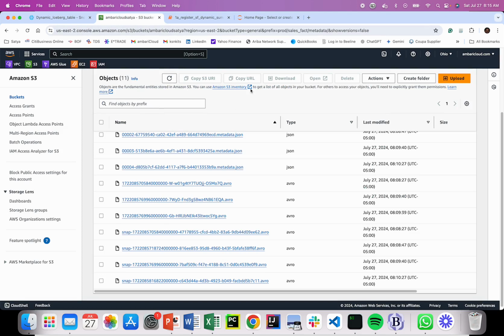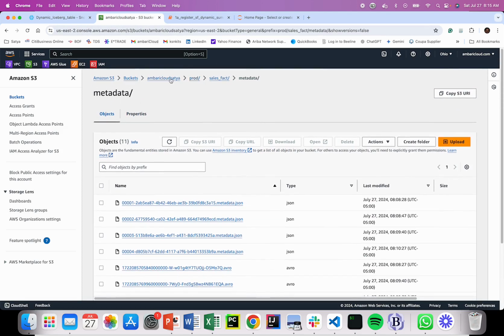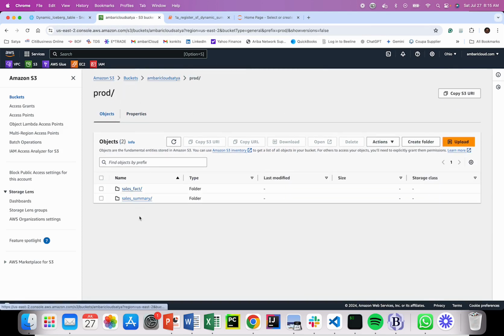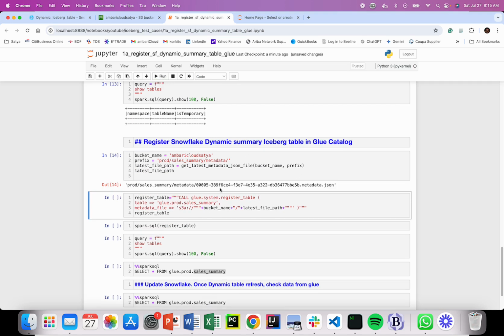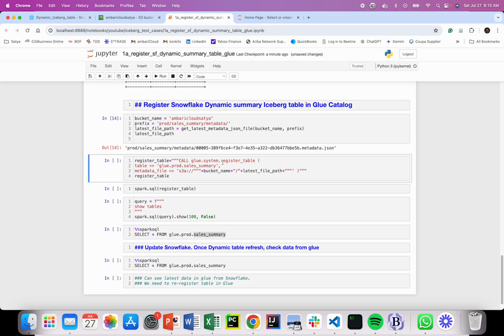Sorry, go to the prod cloud location. Then look at the summary directory, right? I have a sales summary, prod sales summary, and then go here, prod sales summary. Okay, metadata. Now this is the latest metadata JSON file, and then what we're gonna do is